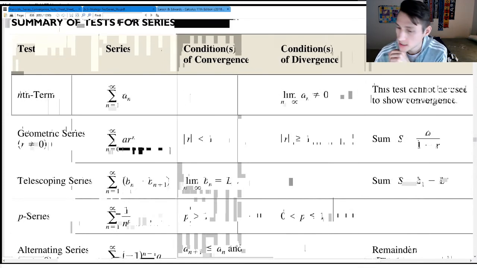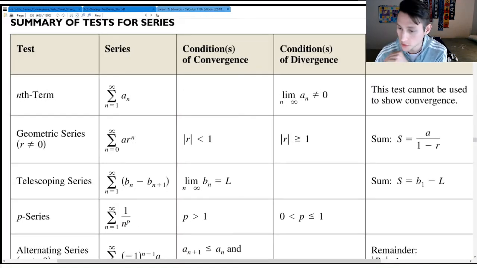Okay, nth term test. This is the one we want to do first. If we happen to know one of the other ones, can we use it if it applies? That's a good question. Yeah, I would assume so. They're not going to count you off for using something, but you shouldn't need to. Anything that you need to do on the AP test should just be one of those. But yeah, I can't imagine you would be counted off for it.